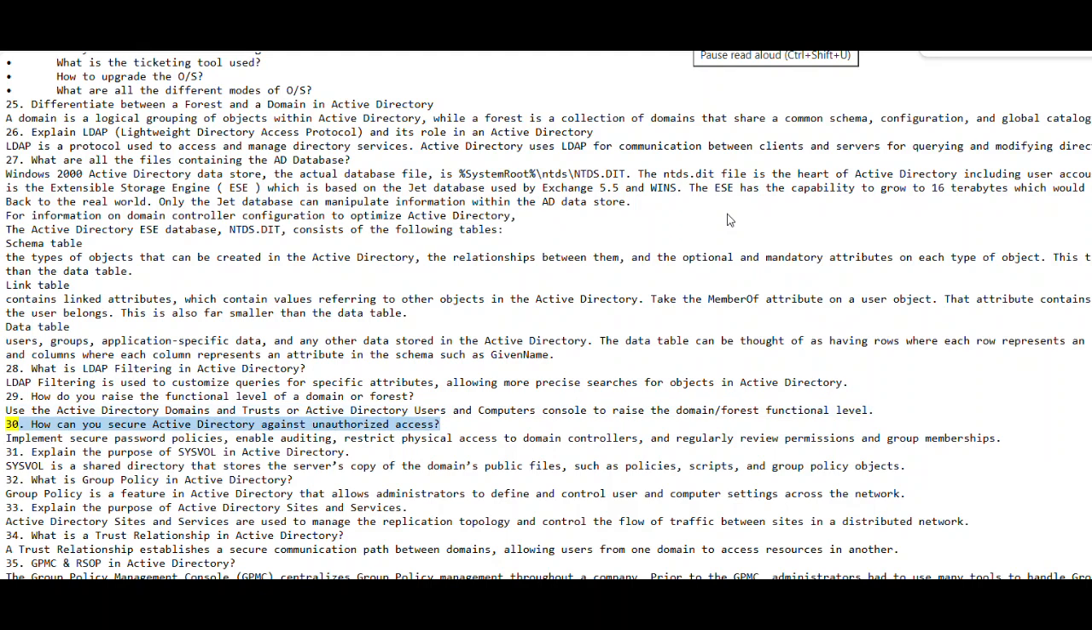30. How can you secure Active Directory against unauthorized access? Implement secure password policies, enable auditing, restrict physical access to domain controllers, and regularly review permissions and group memberships. 31. Explain the purpose of SYSVOL in Active Directory. SYSVOL is a shared directory that stores the server's copy of the domain's public files, such as policies, scripts, and